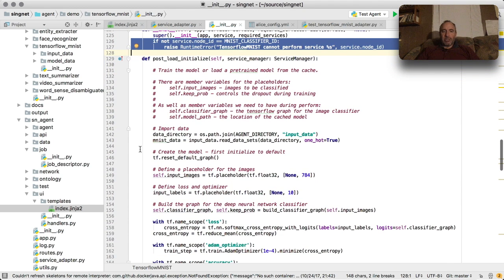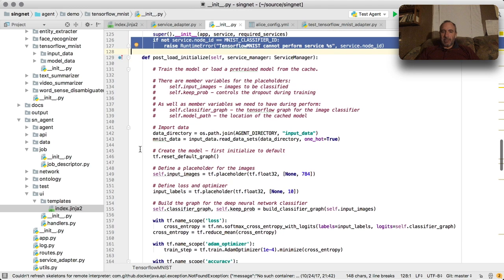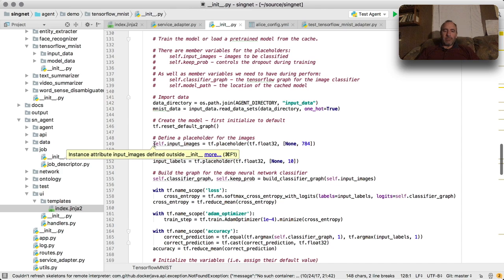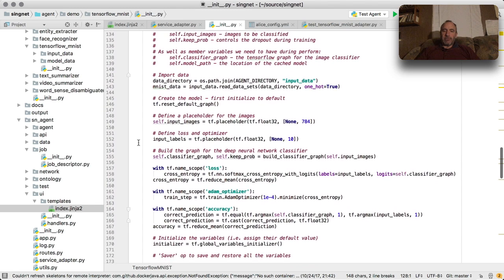So if you're familiar with the MNIST example, I'm not going to spend a lot of time here. It's essentially the same kind of code. The only difference is that we have put some of the variables, changed some of the names, and made them member variables. So put a self in front of them,